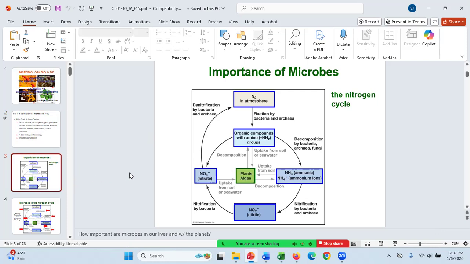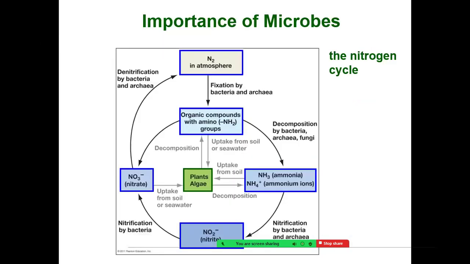Starting with that first importance of microbes, here we're looking at the nitrogen cycle. Yes, blow this up. Here we go. So the nitrogen cycle can be stated that it starts in the atmosphere. Some of that nitrogen can be fixed by bacteria and archaea into organic compounds, such as into an amino acid and an amino in a protein. These organic compounds can be decomposed by bacteria, archaea, and fungi, releasing the nitrogen into ammonia, which can convert with